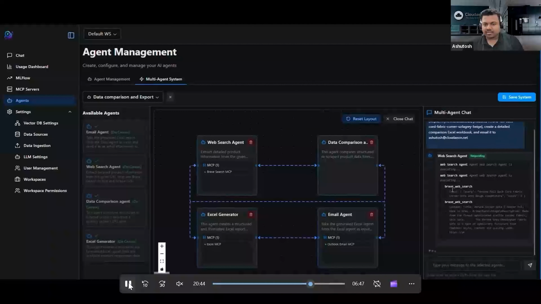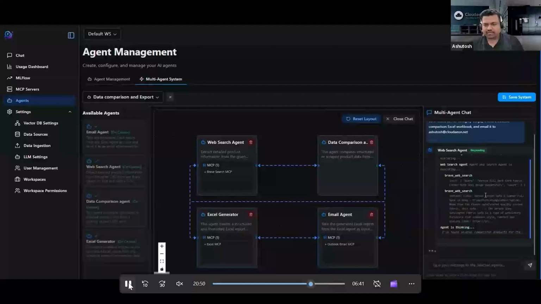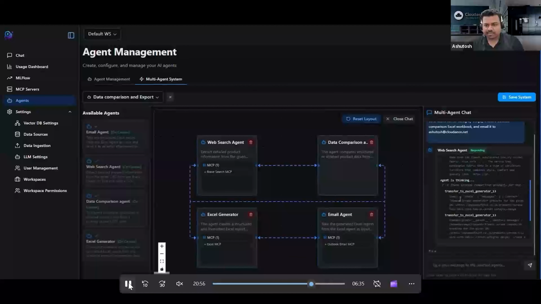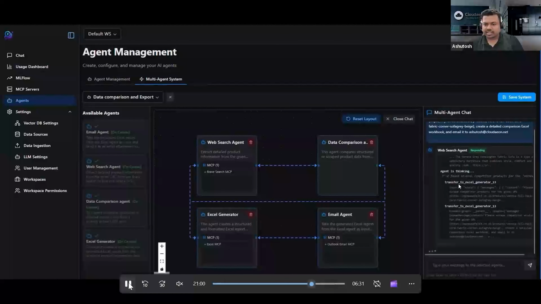The first step it has done is a web search, and it shows that it has found some information about the competitors. Now the agent is thinking about the next step, and it seems that it has transferred to the Excel generator agent,